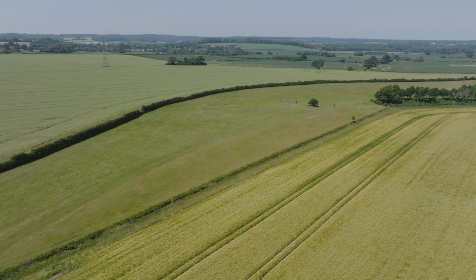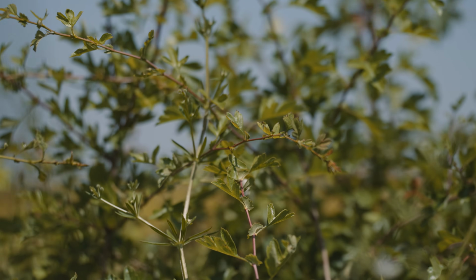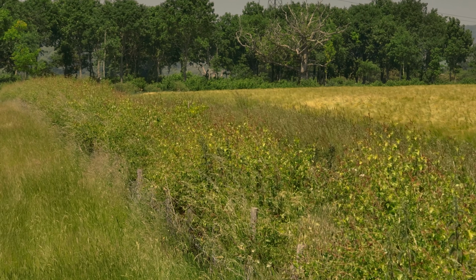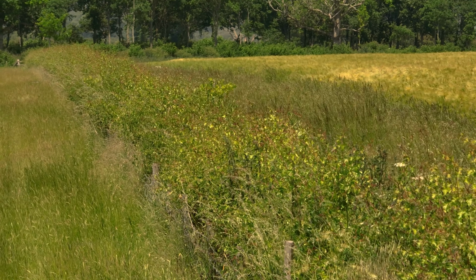So hedgerows are key landscape features. They create corridors and linkages between different habitats, so between woodlands and other habitats, but also they're a key wildlife habitat in their own right. Over the last 2 years, we've been working on the Hampshire Hedgerows project, restoring and recreating hedgerows across the two clusters. So far through the project, we have created and restored over 20 kilometres of hedgerows, planted 39,000 trees and shrubs,